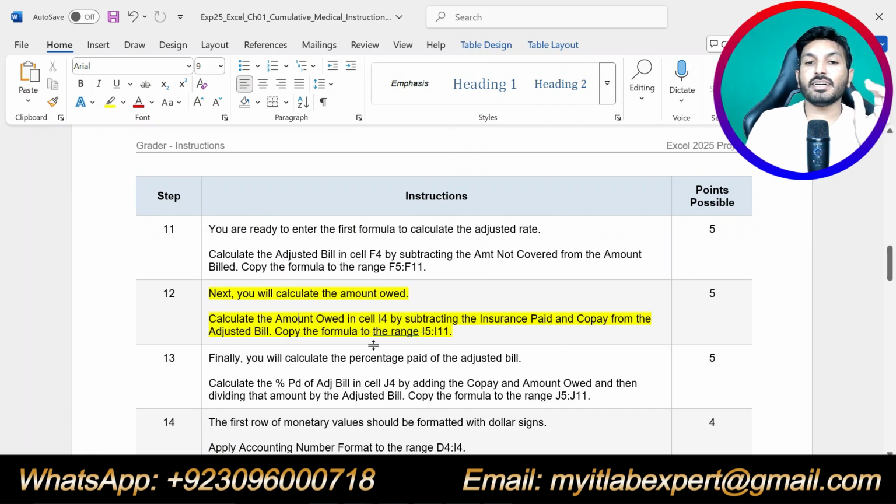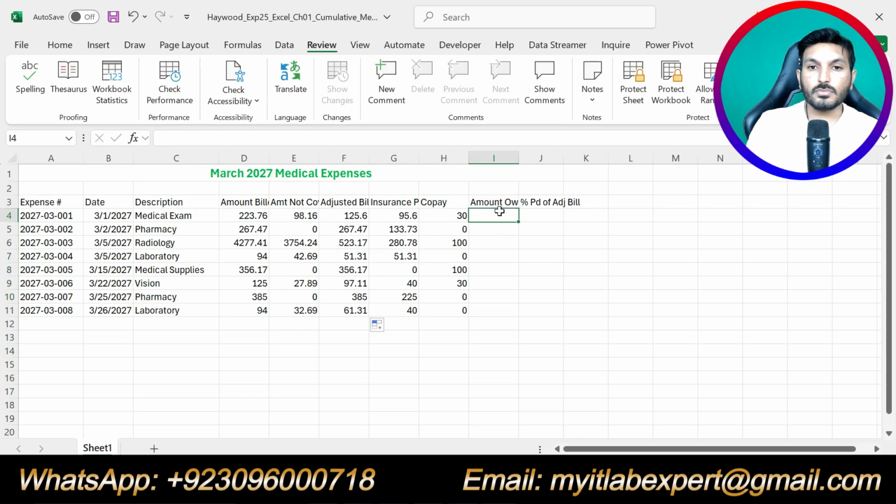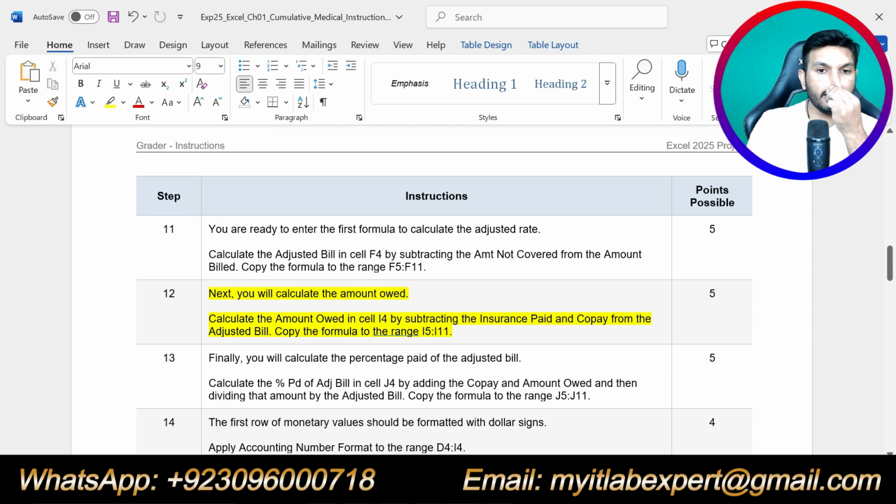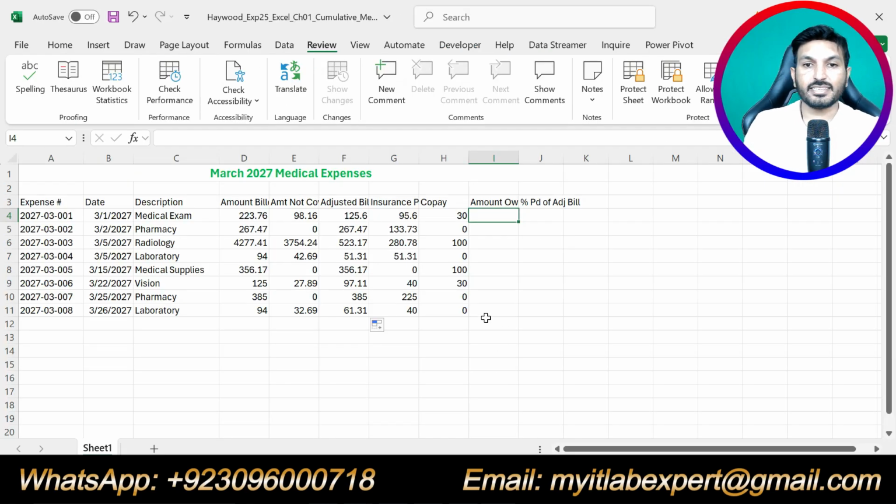Next you will calculate the amount owed. Calculate the amount owed in cell I4, this one, by subtracting the insurance paid and co-pay from the adjusted bill.